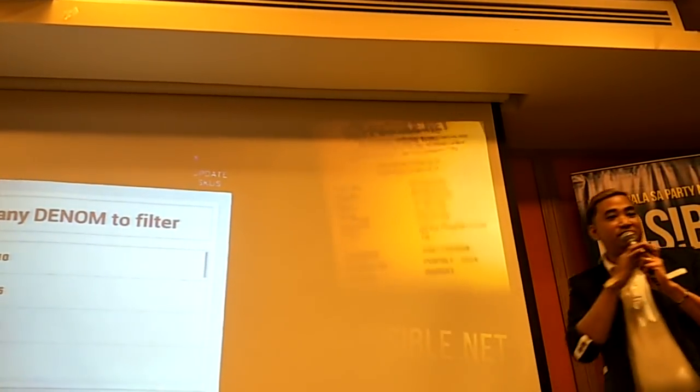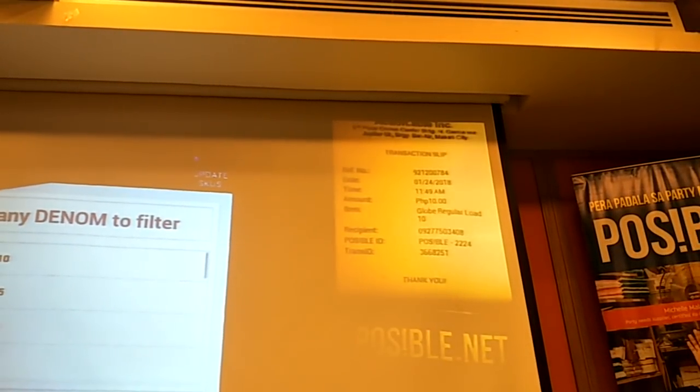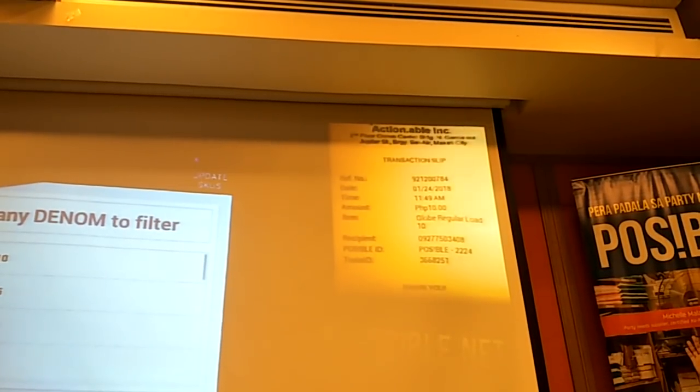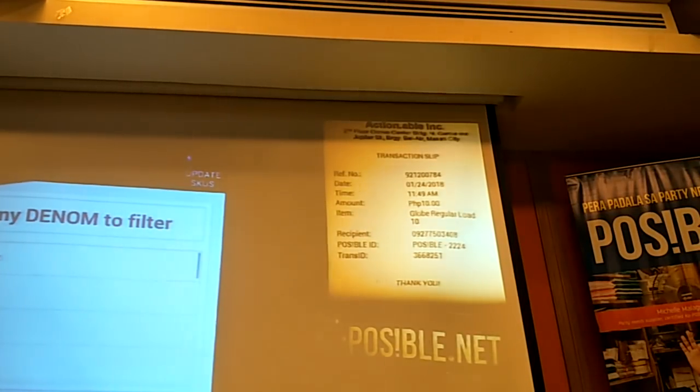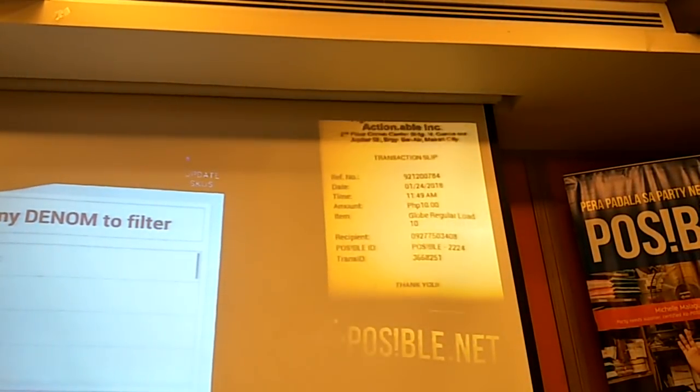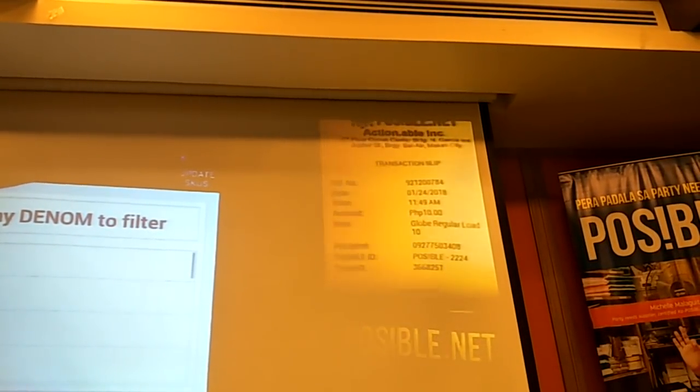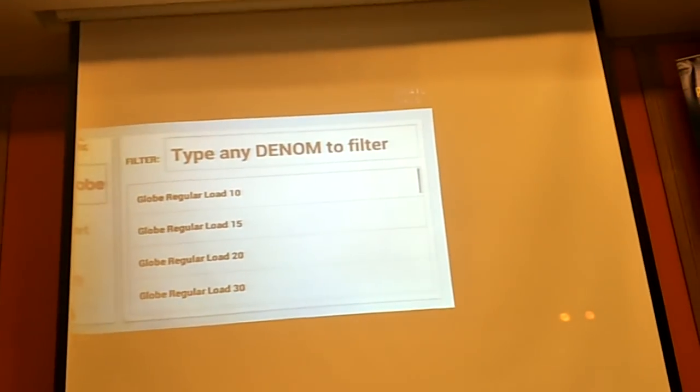That reference number is not really coming from us, but rather coming from our partners. So consumers who would like to confirm the validity of the transaction can call our merchants or our partners, give them the reference number, and our partners can confirm the validity of the transaction. Okay? So aside from mobile loading, we also have